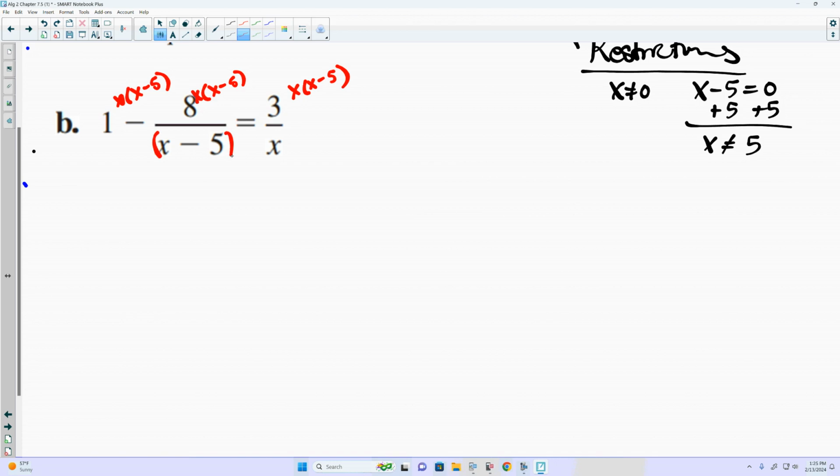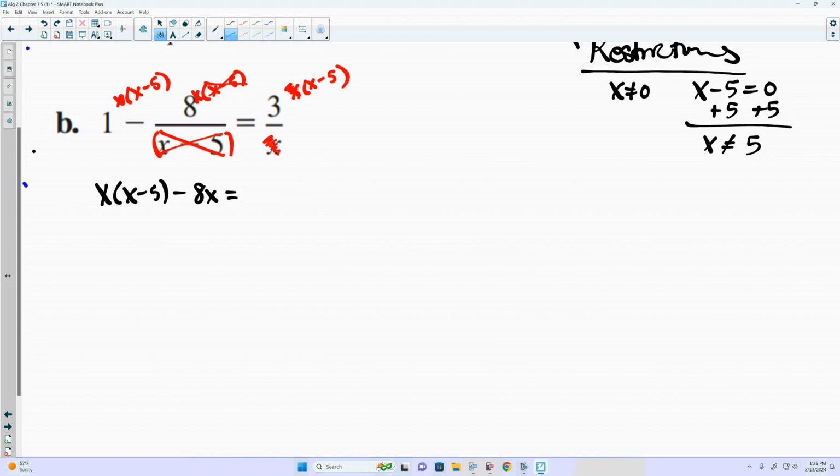So our middle term, our x minus 5 and x minus 5 will cancel. And our other spot, the x and x will cancel. Now for the first one, we have 1 times x, which is just x times x minus 5, minus 8 times x,